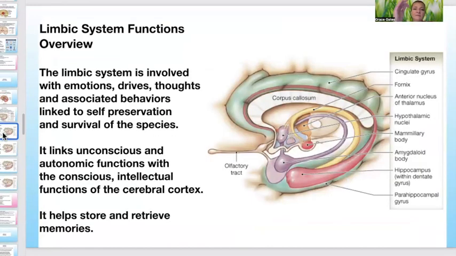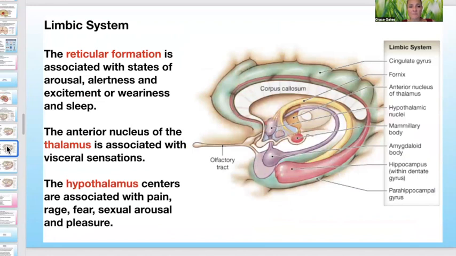The limbic system is involved with emotions, drives, thoughts, and associated behaviors that are linked to self-preservation and survival of the species. It links unconscious autonomic functions with conscious intellectual functions. It helps to store and retrieve memories. That's sort of the big picture. And now, speaking about some of the parts of it, the reticular formation has its role in the limbic system